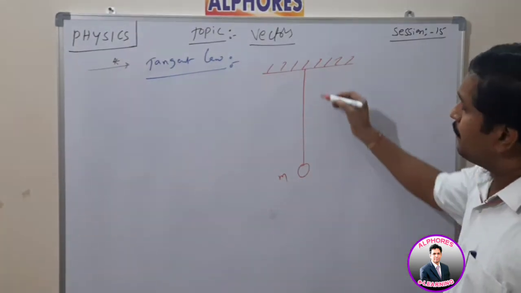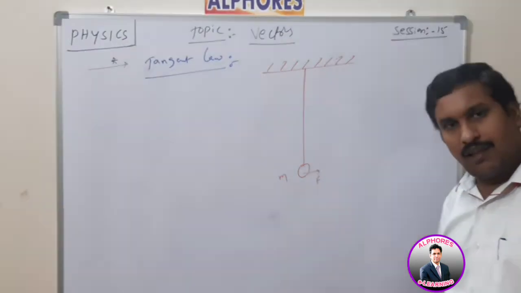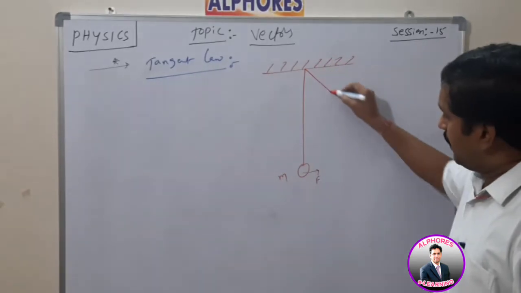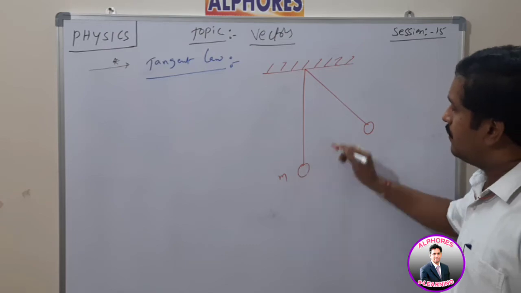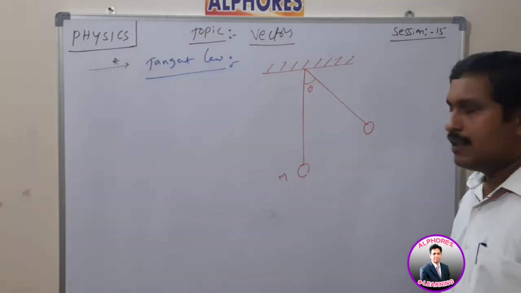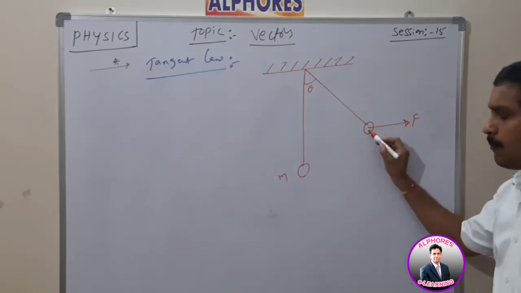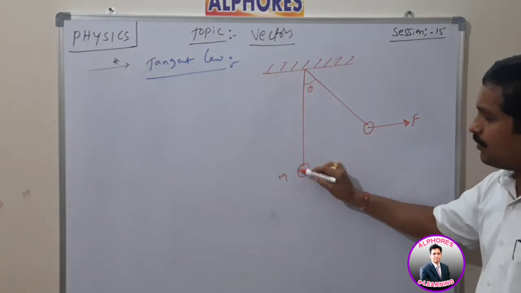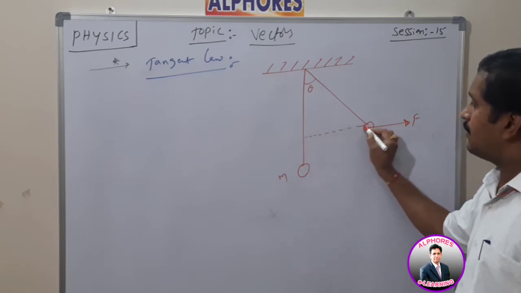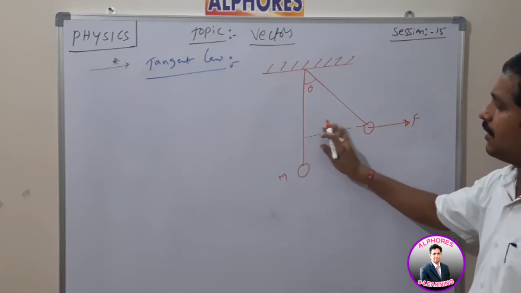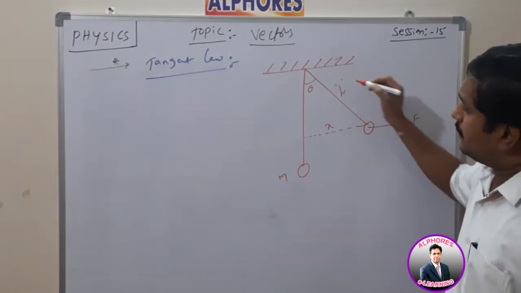That means by using an external horizontal force acting on the body, it is displaced through an angular displacement, let us say θ. By the help of this external force, the bob or body is displaced from its mean position by some distance, let us say a horizontal distance x. The length of the string I am taking, let us say L.